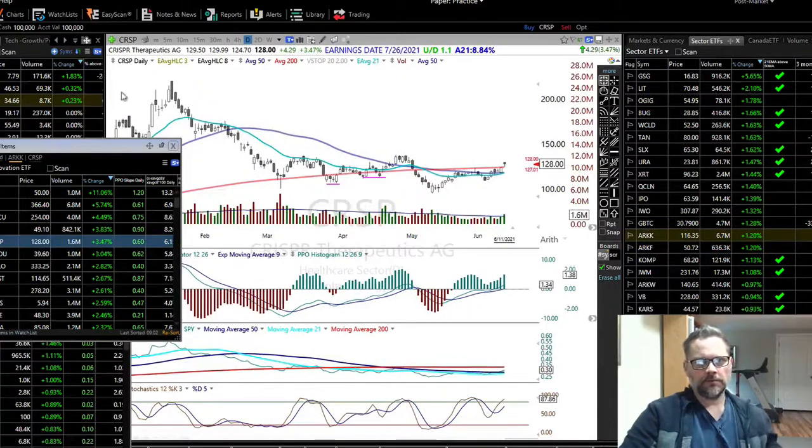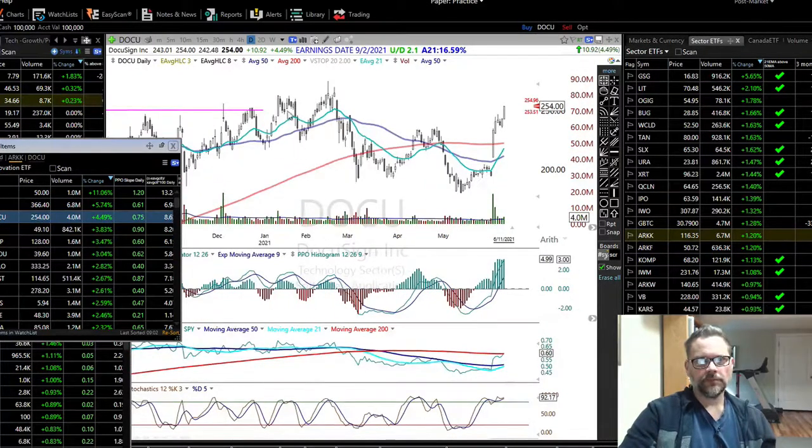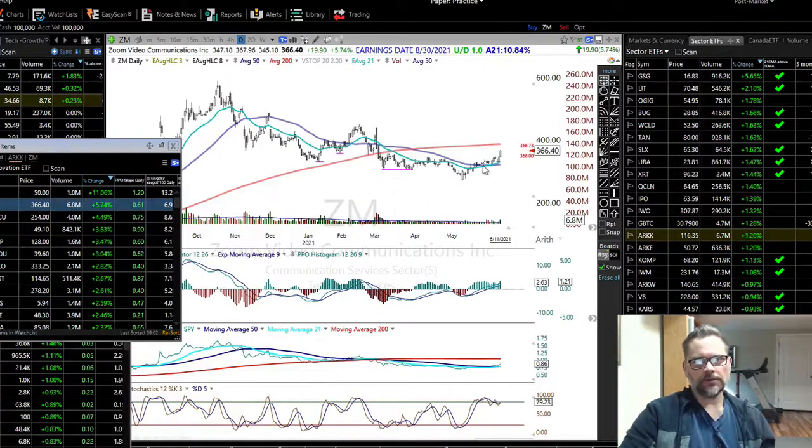CRISPR has had a huge downtrend, and it's now broken up above. Ideally the 50 and the 21 would get up above the 200. DocuSign, it's a bit choppy. A lot of stocks like Zoom, you see how much it came back. Everyone figured, well, everyone's going back to work, and it still has some work to do, but it's a positive sign. We had one here, and the 21 even got up above the 50, and the 50 was above